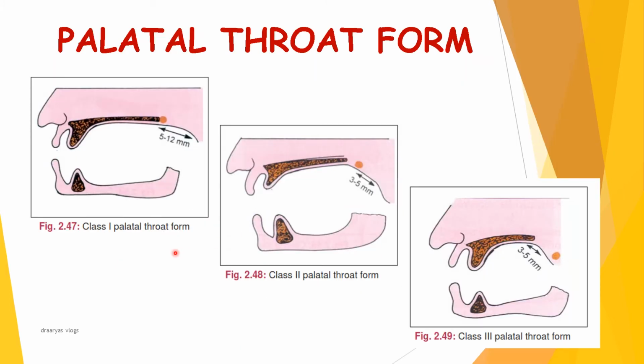Palatal throat form. House classified palatal throat forms into class 1, class 2 and class 3. Class 1 palatal throat form is large and normal in form, and relatively with an immovable band